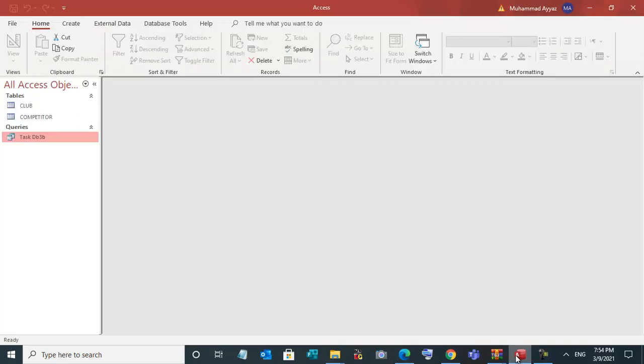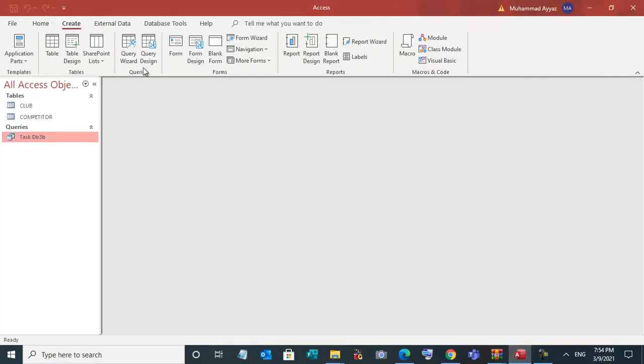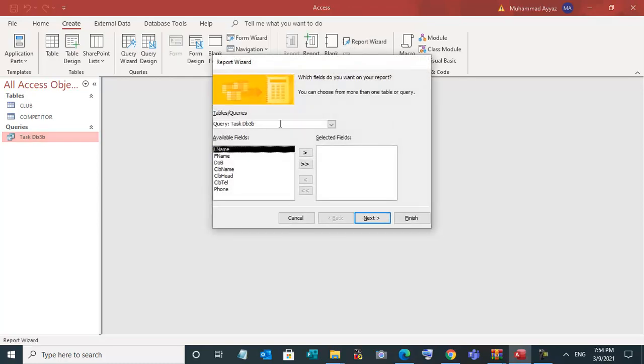Okay, so we'll go to create and report wizard. So now we will select query DB3 because we are asked to use the query DB3. Okay, now select all fields.